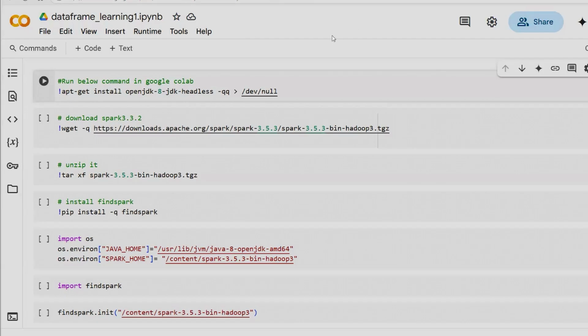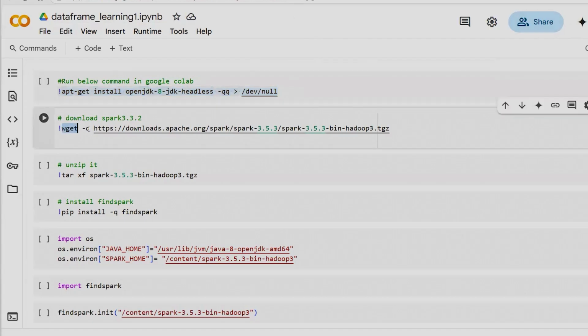So don't worry. The first thing you need to do when it comes to the configuration is that after you've gotten your environment ready, the Google Colab environment, you've signed in with your Gmail, then you run this particular code, apt-get install openjdk-8. When you run this,